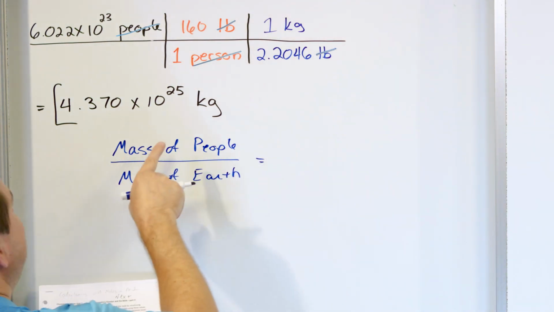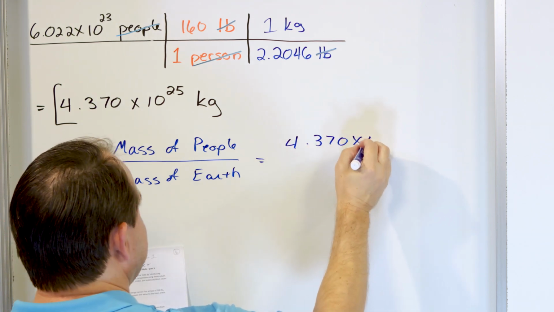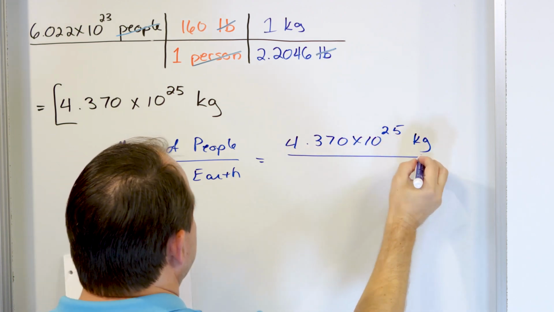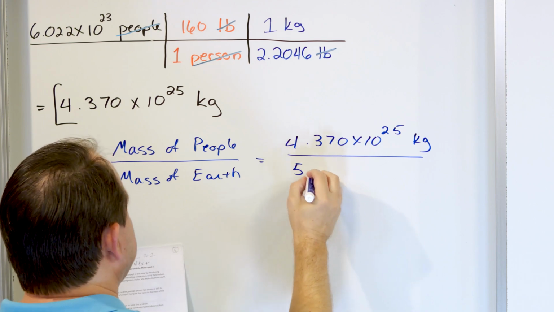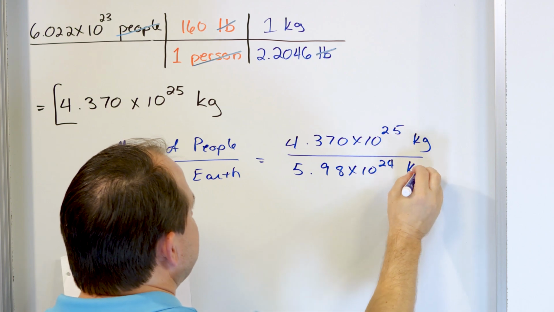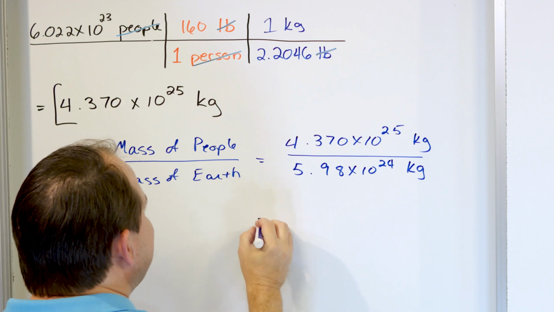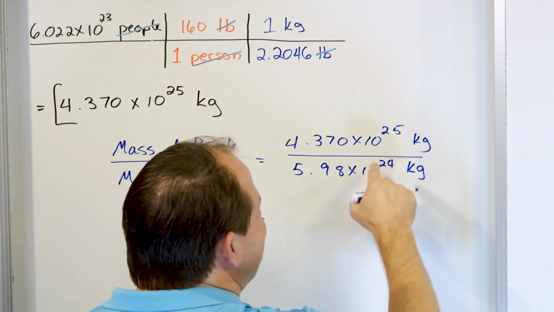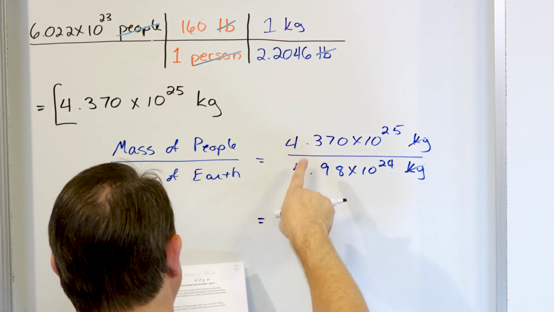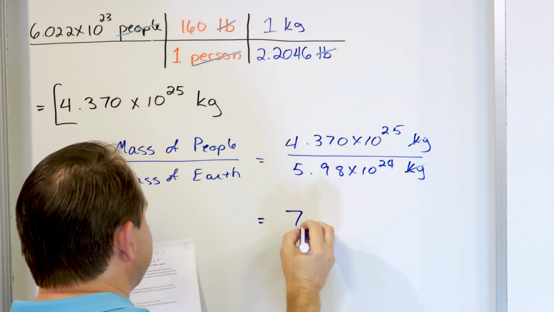All right, so what we have, the mass of the people is given by 4.370 times 10 to the 25 kilograms. And the mass of the Earth given to us is 5.98 times 10 to the 24 kilograms. Now these units are here and they're divided, so the units are really going to cancel away. So at the end of the day, when you cancel this, you just get a ratio, a number that doesn't have any units because these kilograms really cancel. So if you take 4.370 times 10 to the 25 divided by 5.98 times 10 to the 24, you get